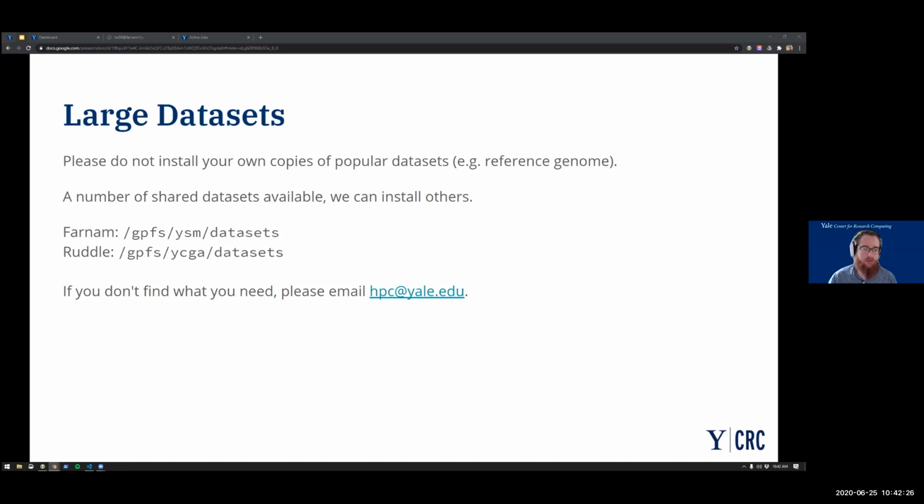So if you have a relatively well-used public data set, we're happy to put them in a sort of world readable place. That way, we don't see a bunch of duplicates of that data, and then you don't have to have that counting against your quota. So we see it as a win-win for all parties involved.